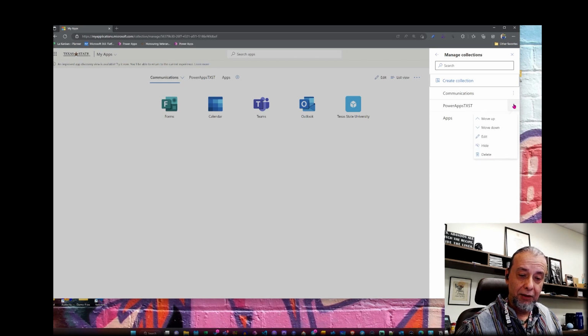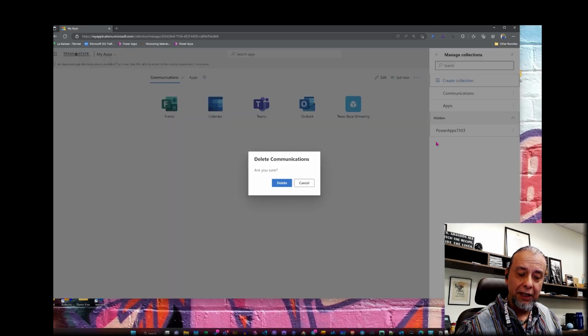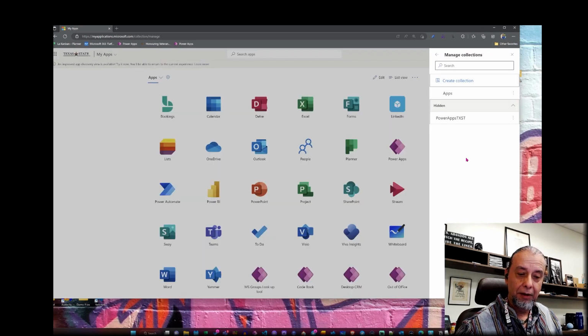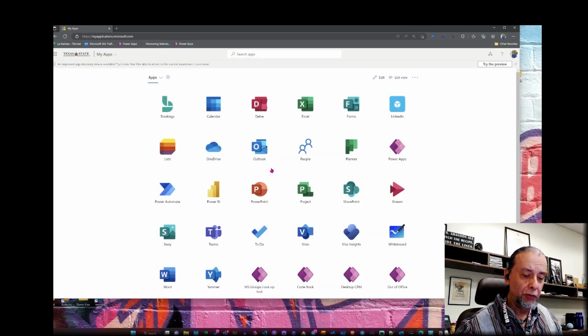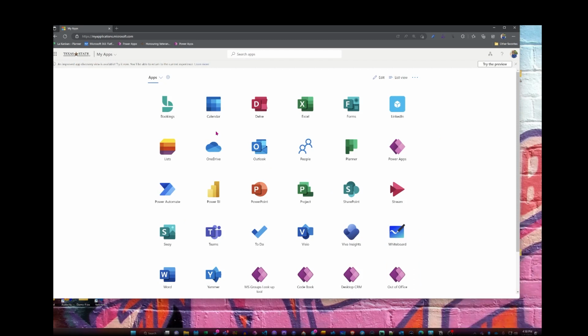So I'm going to take this Power Apps one and hide it. And I'm going to take my Communications one and actually delete it and show you how to build it. But now you also know how to delete one of these groups or collections, so to speak. So this would be the initial view that you would get for your portal, so to speak,